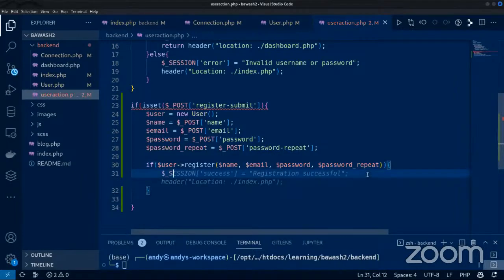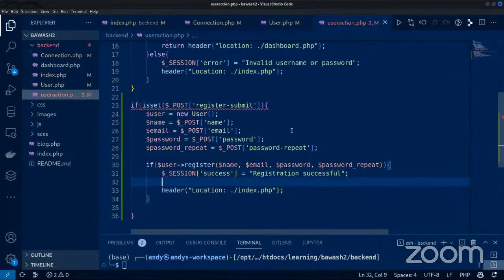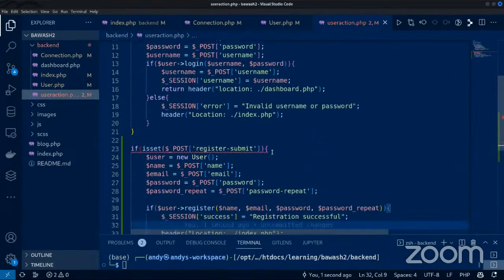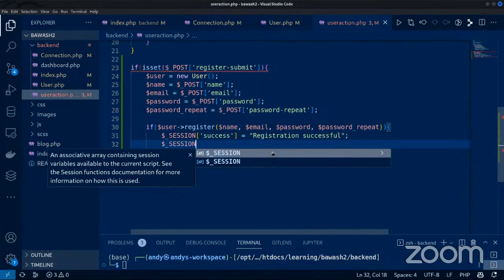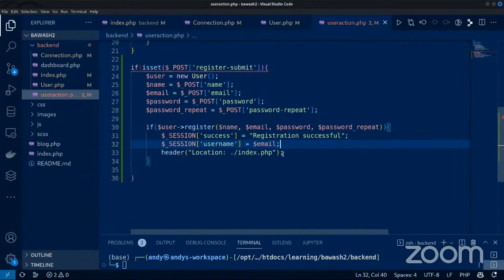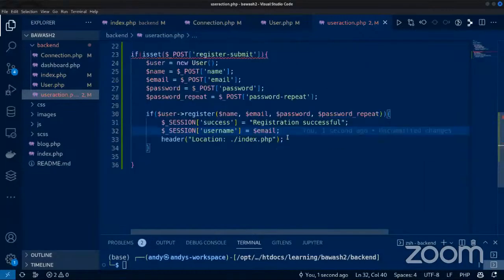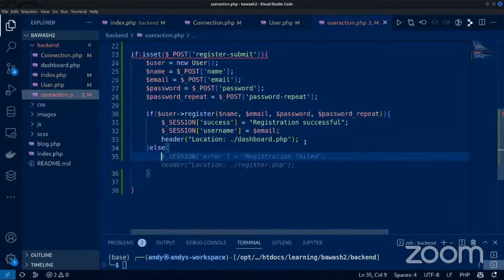That's basically it. So session at success, we set it to registration successful, and we could also set the session for the username. Let's log the username immediately. So session at username is equal to the email, just as how we did here, and then we can redirect the user now to the dashboard. Okay, dashboard.php, and if it did not go,